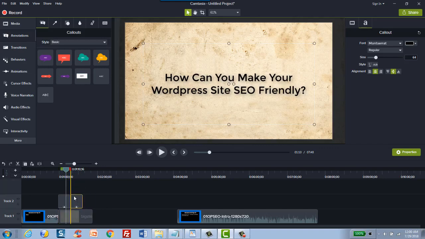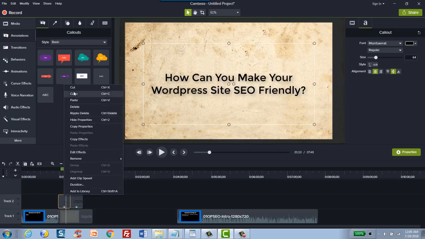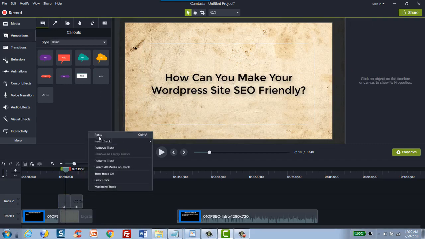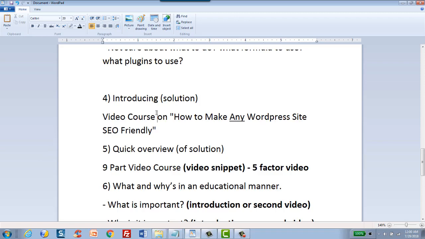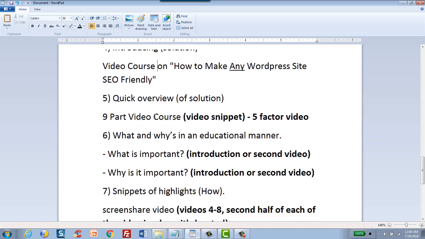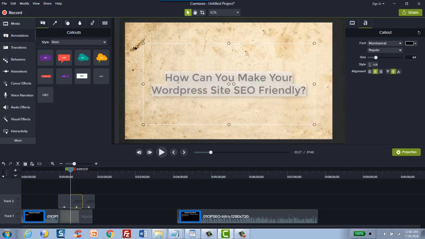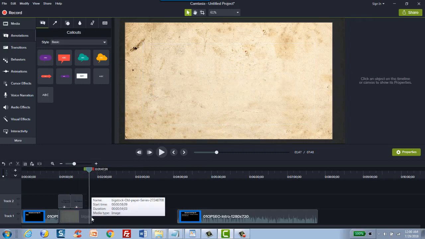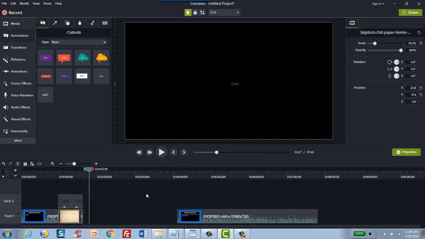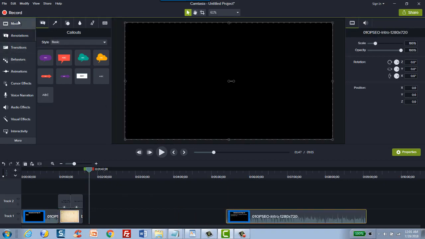And of course, what I did just now is I clicked copy, and then I right clicked and clicked on paste. And that gives you the ability to add more text. So what you can do here is add more text. So how can you make your site SEO friendly? You can say by implementing 5 factors. And let's say we're going to put that there, and then let's go back to our media and talk about